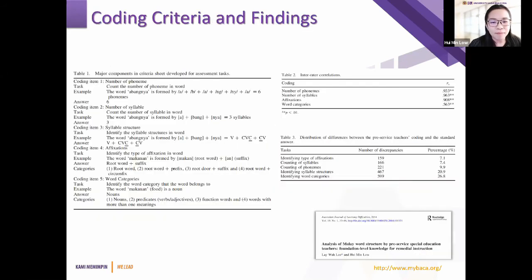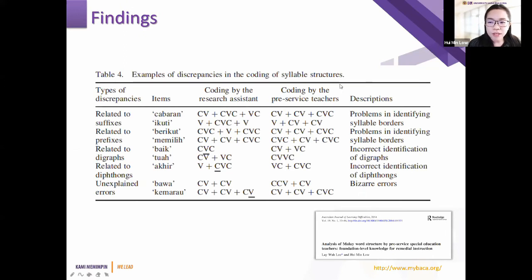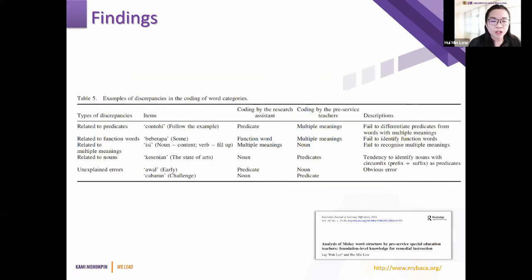So this is just another paper that we produced. It's about the inter-rater reliability. We found that when we compared our data with a group of pre-service teachers that we engaged to do the coding, we found very good inter-rater coefficient results. From the teachers, we also realized there were some discrepancies, and we put forward some suggestions regarding these discrepancies, as things we have to pay attention to when we train teachers, to improve their competence